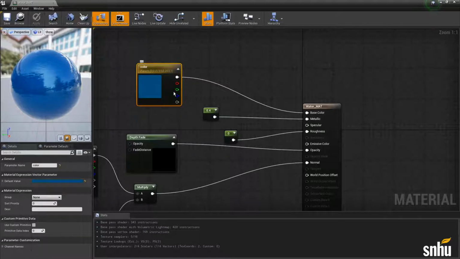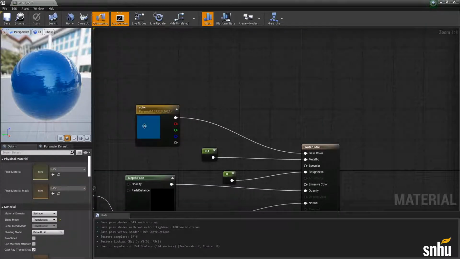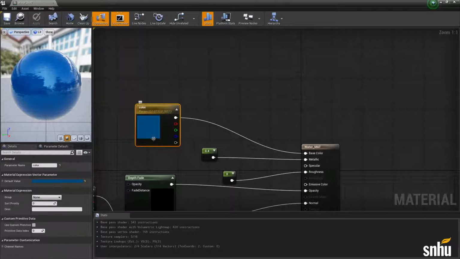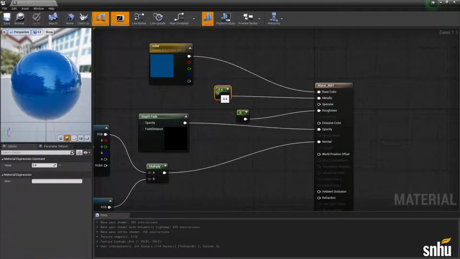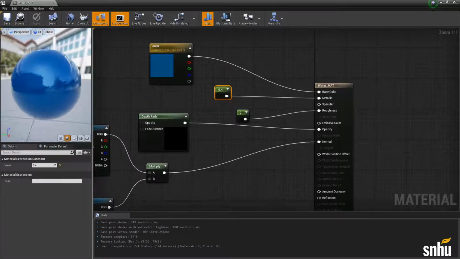This is essentially what that is. So if you had an actual texture with colors and stuff on it from your UVs, that's what you would plug in here.